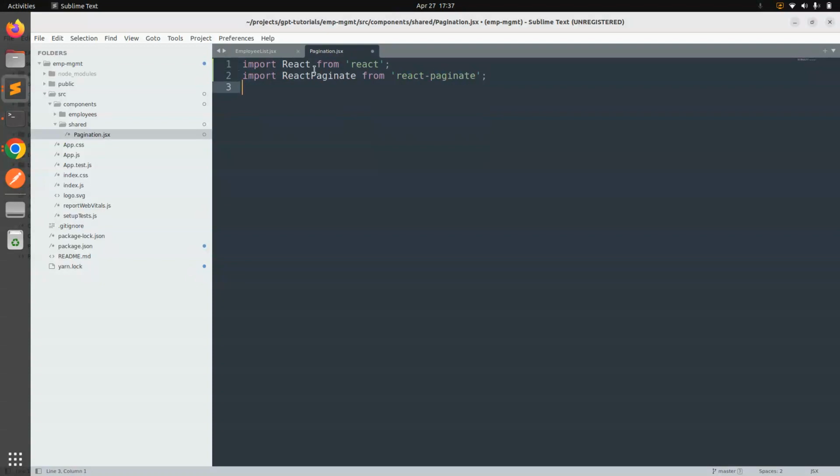Okay, and now you need to import your functional component with name as pagination. So function pagination, and here you need to accept some arguments like page count, and then on page change. Okay, and then you need to implement your pagination function, and here you need to return,